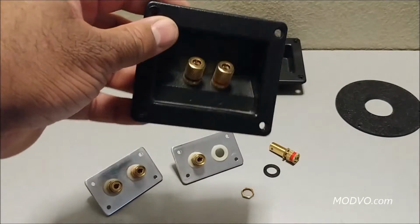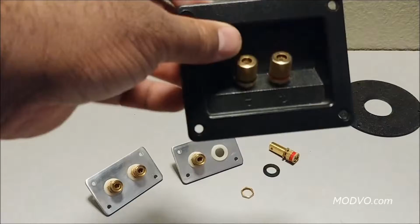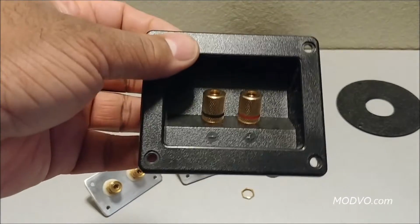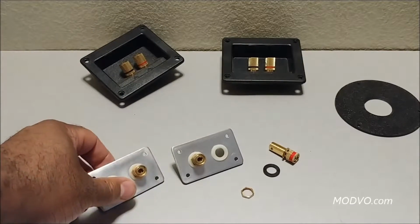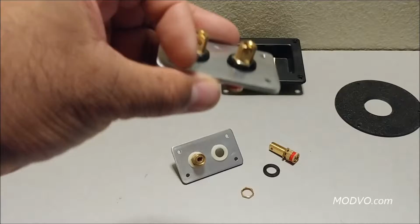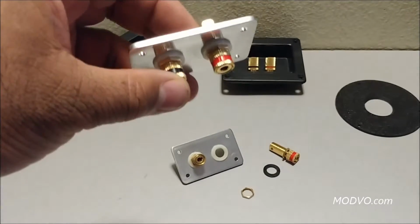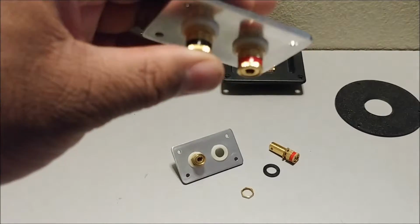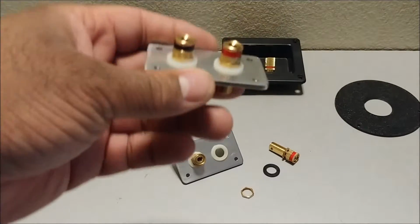This is a stock terminal. This is what we usually use on our loudspeakers. Actually, we're using this on one of our loudspeakers, but we have decided to go with designing our own set of terminals. So this is actually one terminal that we designed ourselves, and this will be used on our new speaker coming up. But we started designing our own terminal plates to go with our loudspeakers, and this is just